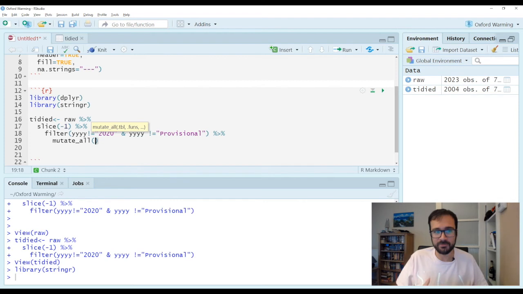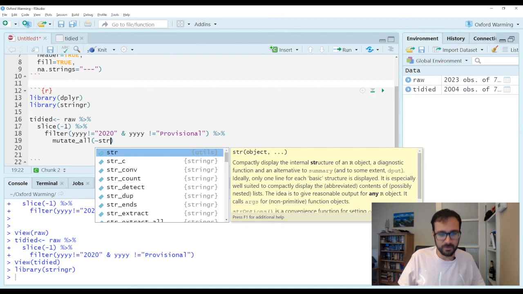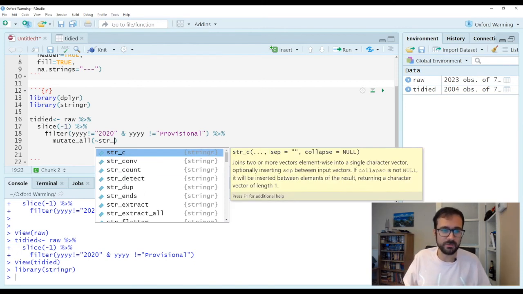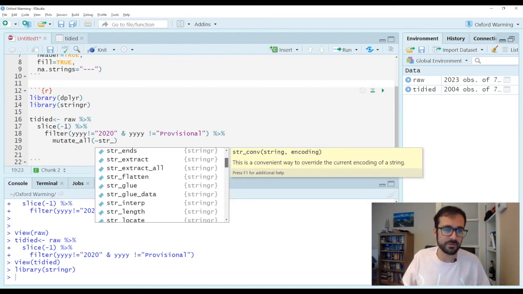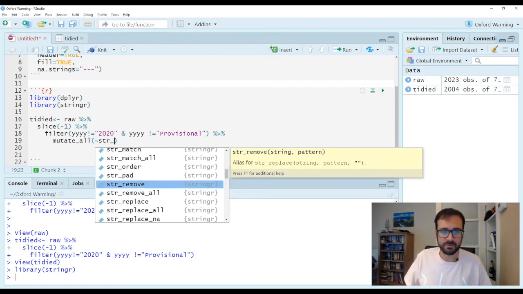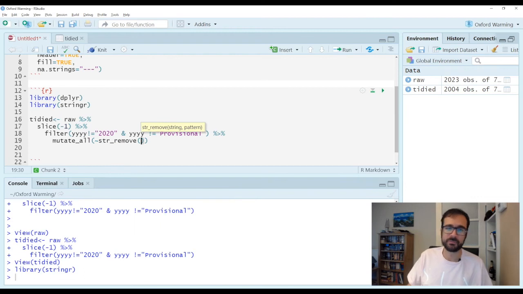So if you're doing something here, you need to use a little tilde to say I'm doing this everywhere across all of my columns, and I would like to replace a star with nothing. So within the stringr library, there's lots of these little functions we can use for manipulating strings. So I am going to use str_remove to get rid of a particular pattern, a particular bit which is in my strings.